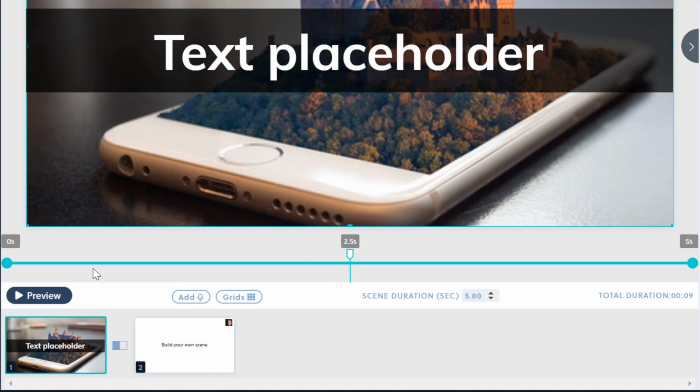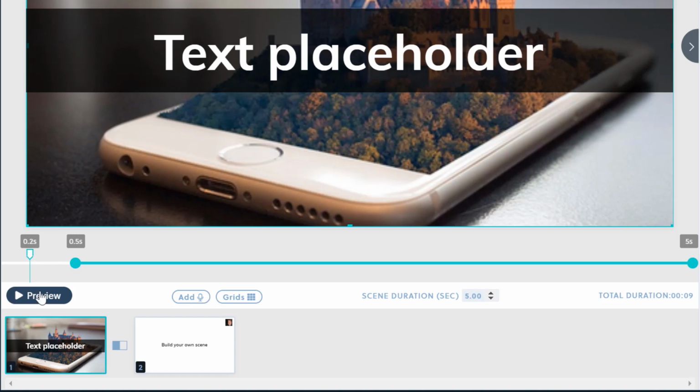Now, if I wanted the video to show up just a little bit later, I would go like this. And let's say drag this up to 0.5 seconds. Now the video won't appear until 0.5 seconds into the program. Now this is the playhead, and I can use it to see what any of the scenes are going to look like just by dragging it along. And if I drag it before